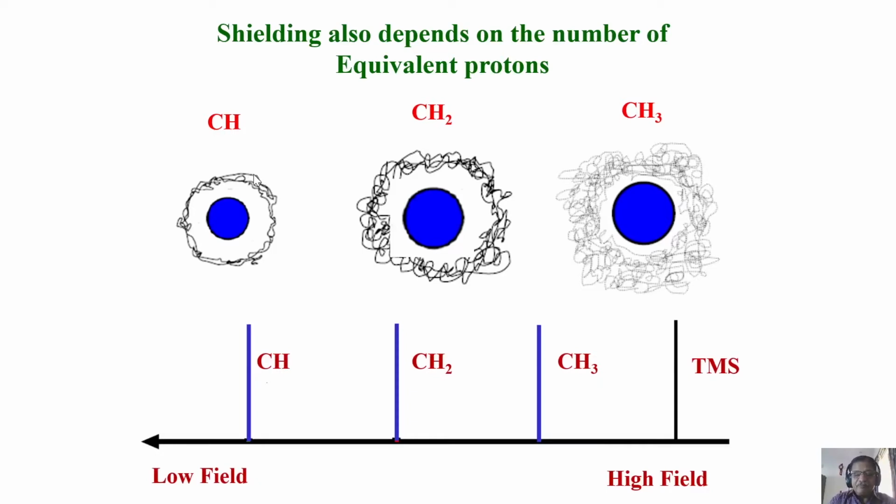As a consequence, if I look at the NMR spectrum of a molecule containing CH, CH2 and CH3, forgetting about other parameters, just for the purpose of explanation, CH3 should come here, then CH2 and then CH. That should be the case. Of course, the peaks are not of the same height. I have made it a crude diagram. I have just drawn three peaks to say that they come at different fields. That's all. We are not worrying about the intensity; that is a topic which we'll discuss later.